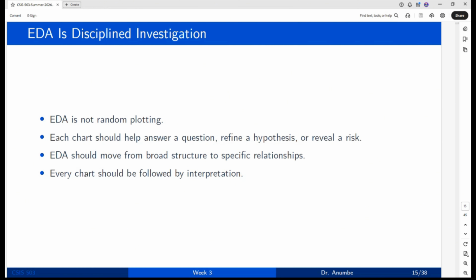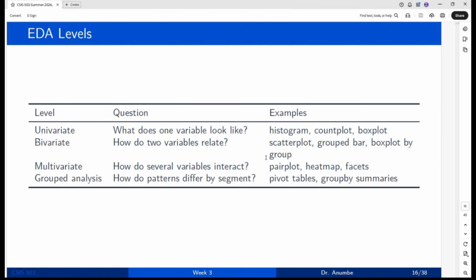And if you're trying to come up with a hypothesis for a problem that you need to solve in the future, all of that data is supposed to help you really do that. So EDA, right, should move from broad structure to specific relationships, right? Every chart should be followed by interpretation. What is it saying, and why is it exactly saying it? That's what the EDA should be focusing on. So look at some EDA level questions, right? Some of the EDA level questions would be, just 1 minute,